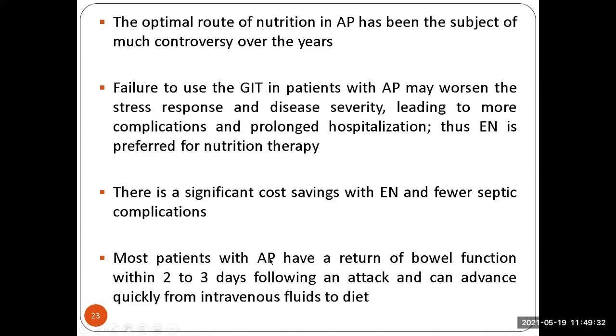Most patients with acute pancreatitis have a return of bowel function within 2 to 3 days following an attack and can advance quickly from the intravenous fluids to diet. So it is always suggested that the preferred route should be the enteral feeding. The oral route should be used for the delivery of nutrients in the body. It is also essential to keep the bowel functioning, because if we are not going to use this route for the delivery of nutrients, a lot of complications may happen later due to